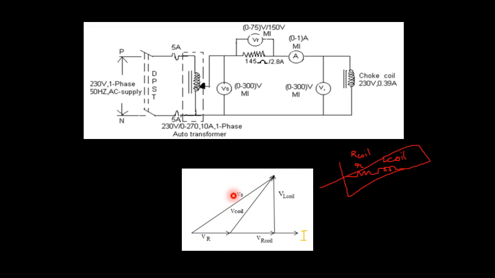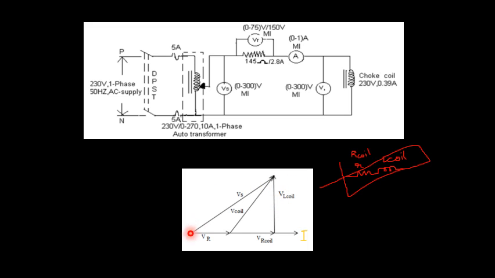With reference to the current I, VR stands for the pure resistance circuit, and Vs is the supply voltage, the value you obtain experimentally. V coil is the voltmeter reading you again get from the experimental values. VR coil and VL coil are the voltage across the resistance and the voltage across the inductance in the coil structure. These you are going to calculate.